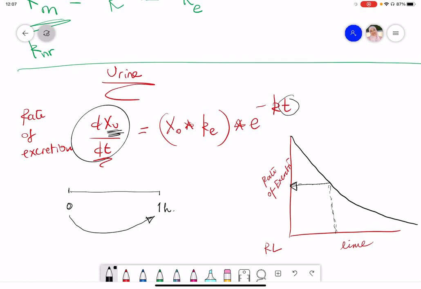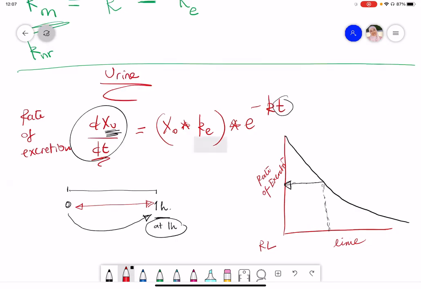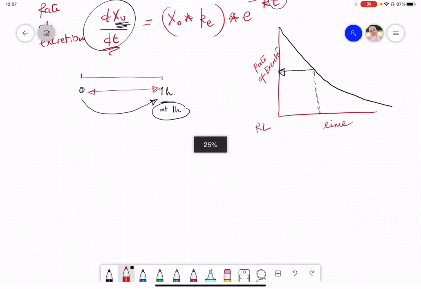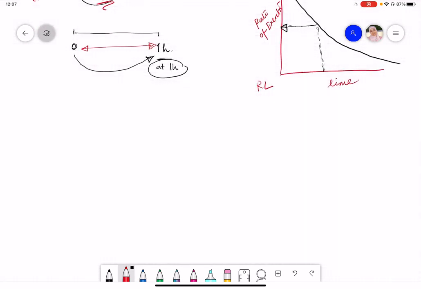It's a collection of the urine through this time interval, not exactly at that discrete time at 1 hour. So there are many ways to correct for that to make the estimation more accurate. And one of them, which is mentioned in your textbook,